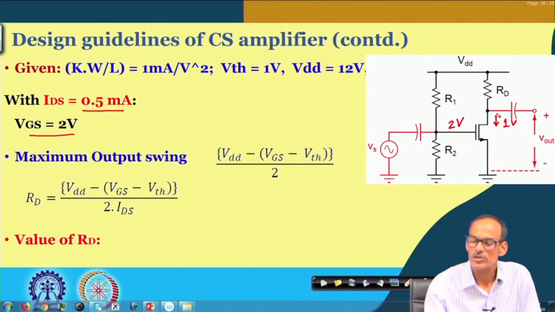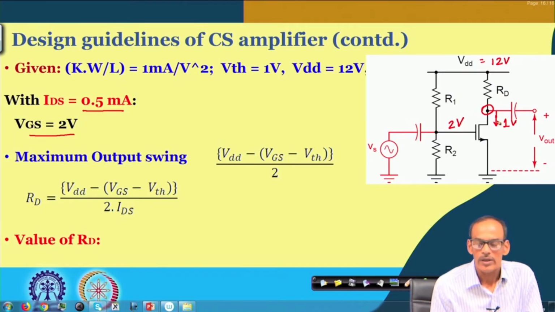So, this is the lowest possible value. Then on the higher side we have the 12 volt. So, to get the maximum swing we should target the quiescent point at the drain node to be in the middle of these two,